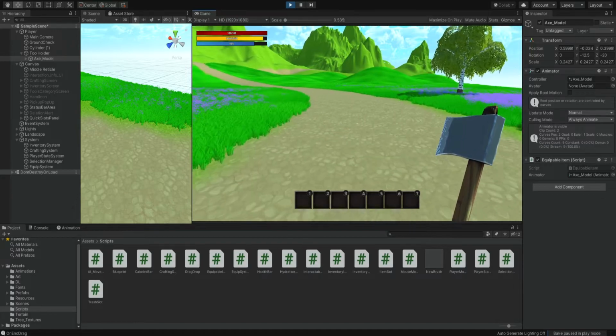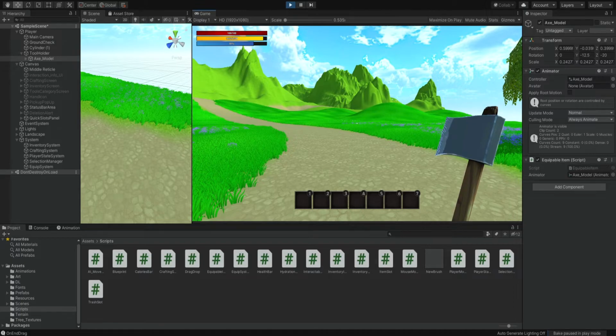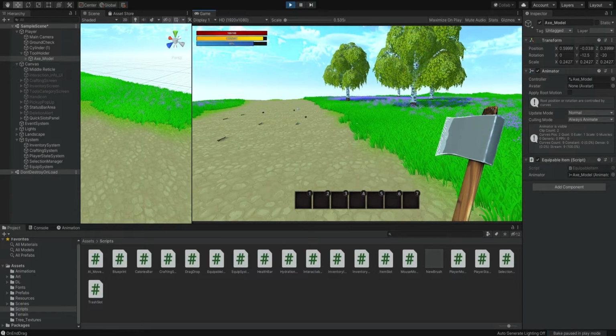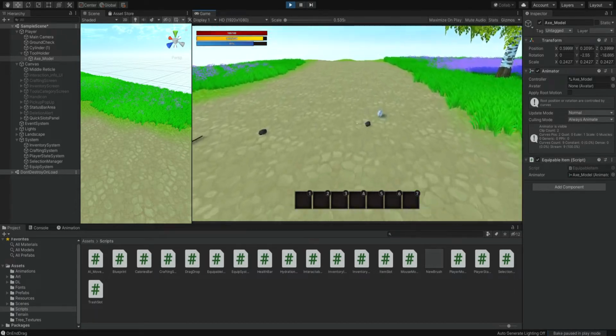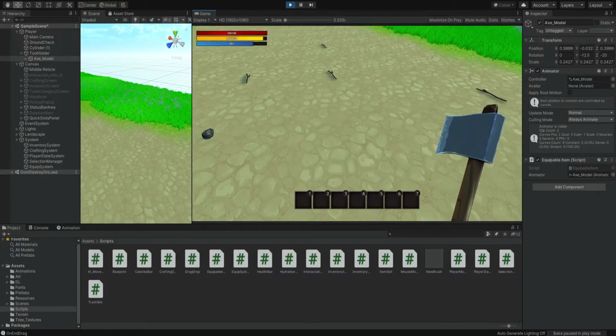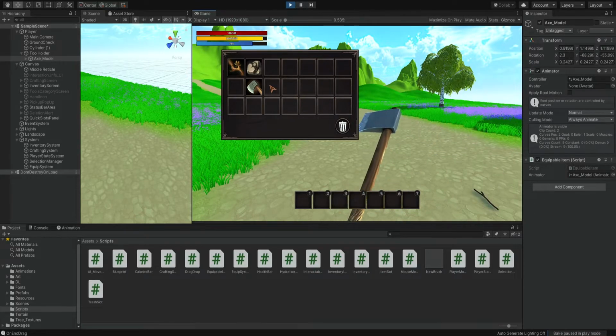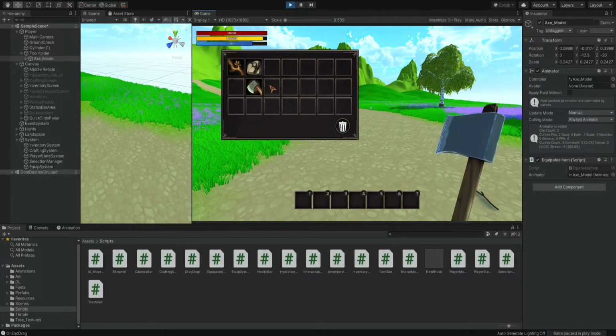Maybe later, swinging this axe is going to deplete stamina, right? It's going to deplete calories. So we don't want to just swing the axe each time we want to pick up a stone. So it's something we're going to take care of now. And another thing is that when our menu is open and we click on something, it also swings the axe. And that's something that we want to disable, okay?